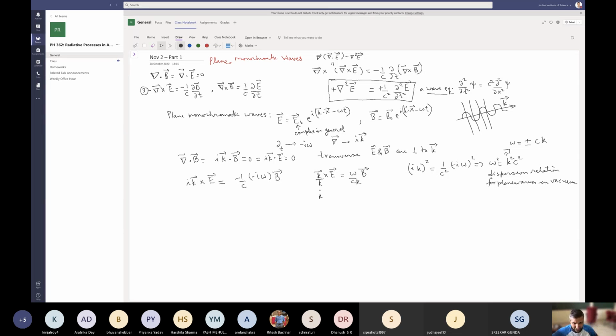It means omega by ck is equal to plus minus 1, from this dispersion relation. So if we take positively propagating waves, that is, if we take the plus sign, and we consider our x-axis along k,